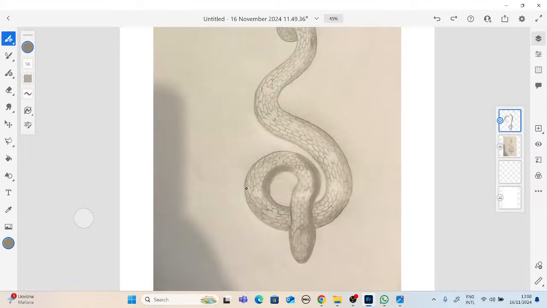And on the front also is having that shadow. Then on this part,